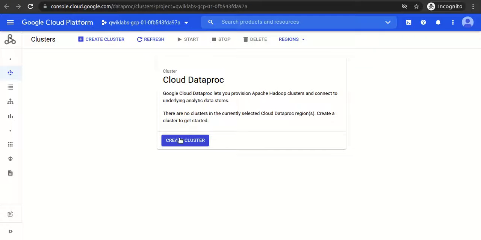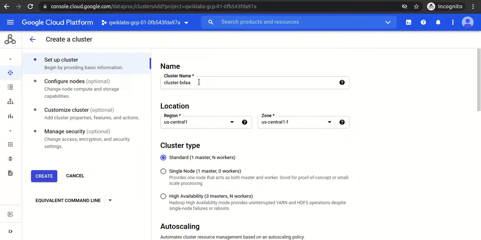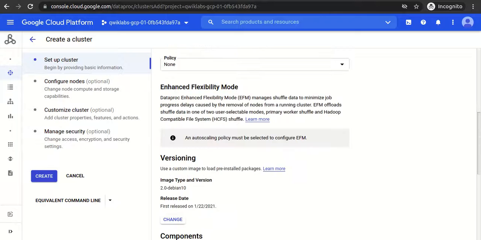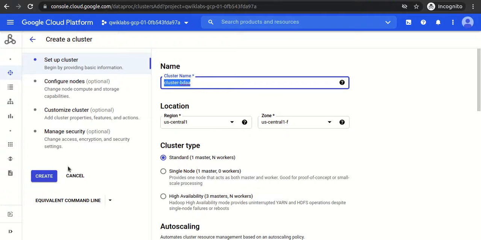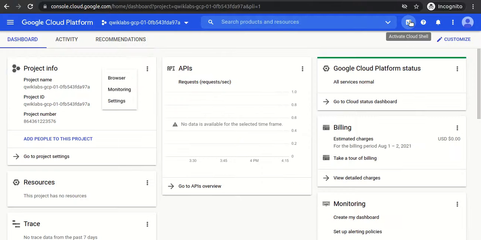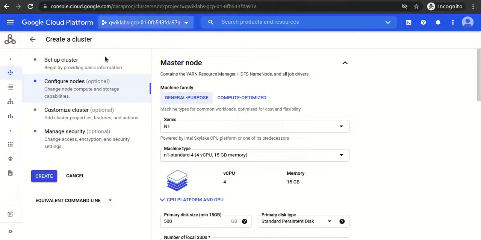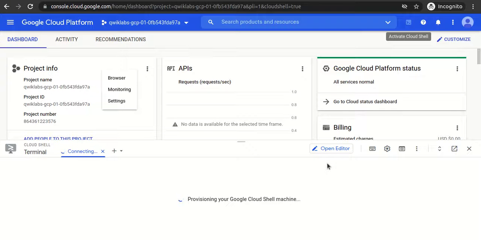In the last lab what we did was click on the create cluster button, mention the cluster name, and select the region name. And that's it. We did not select anything else, and we just clicked on the create button. But as part of the command line, we will see what the command is, if we don't use the console, to create the cluster in Dataproc.